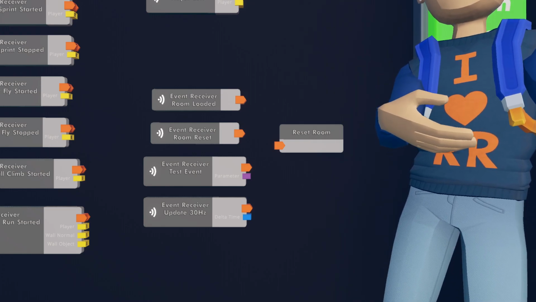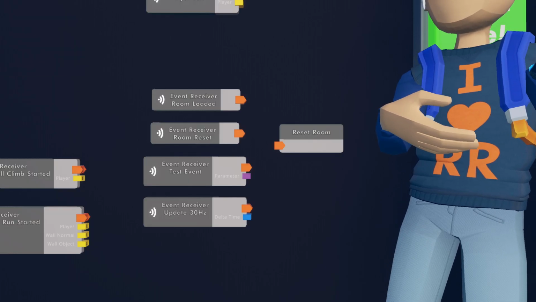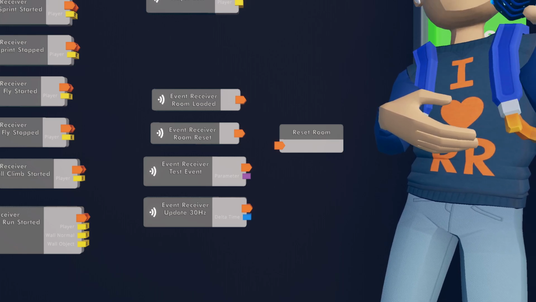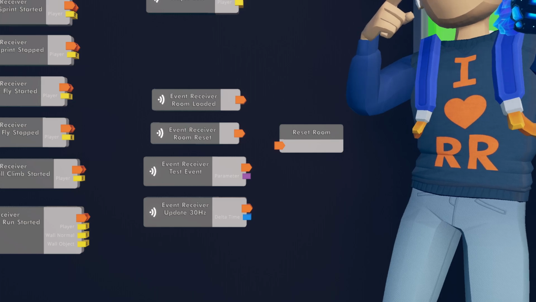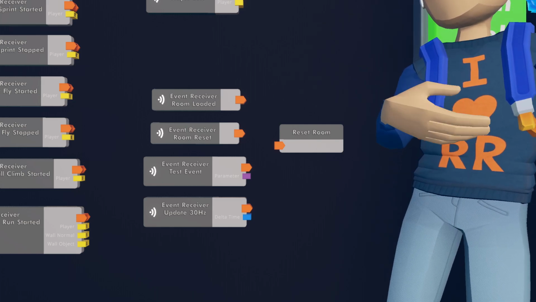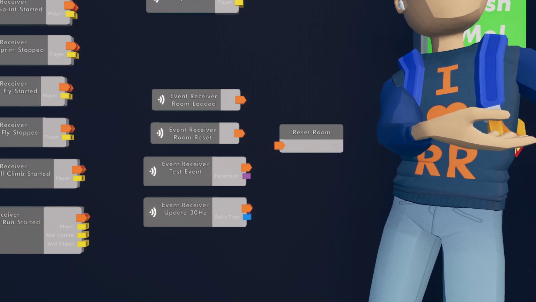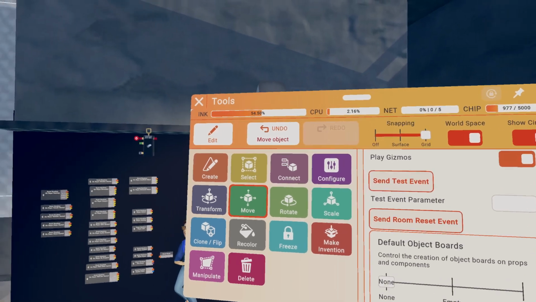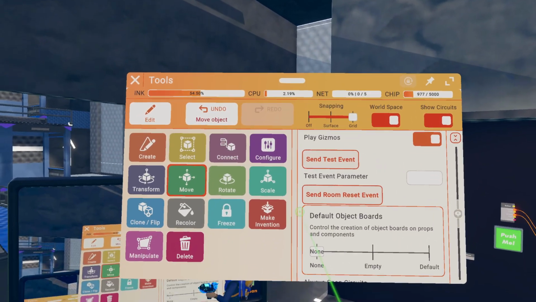Do you have something to say, Snug? It has to do with room reset, because I don't think you mentioned it. If you go back to where it says test event on the maker pen, and Doobin can show it on his, under circuits and debugging, right under the test event stuff, there's a button called send room reset, where you can send your own room reset without needing that room reset chip. Yeah, right here.